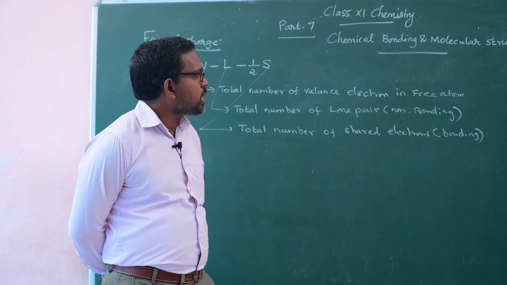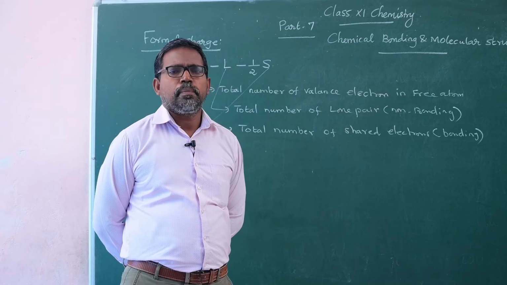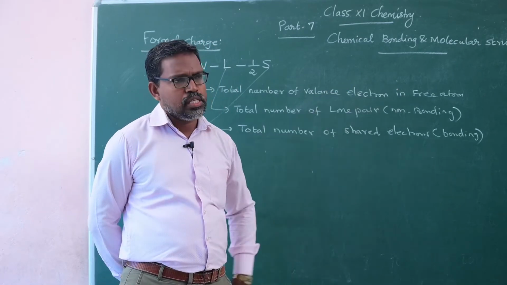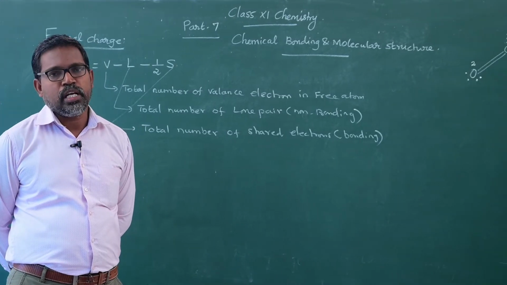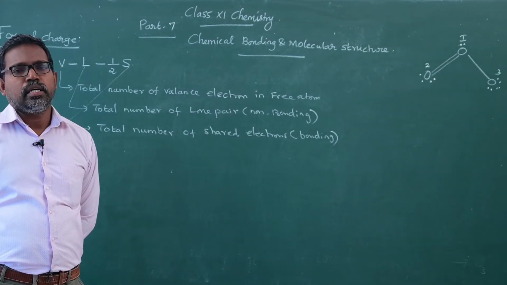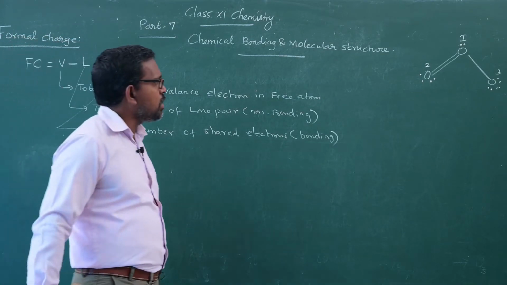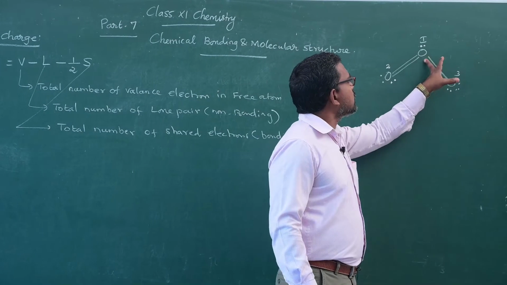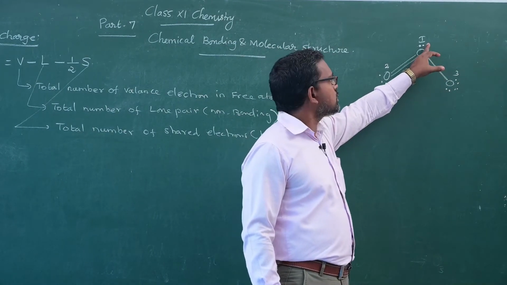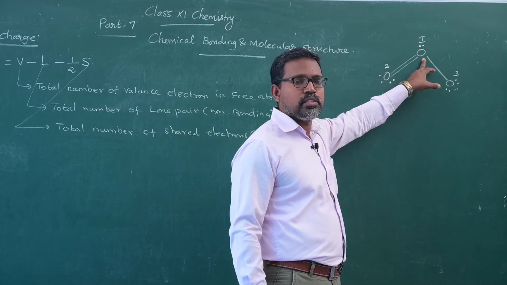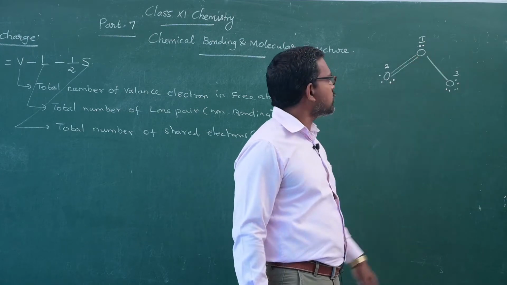So now we consider the ozone molecule. The molecular representation of the ozone molecule consists of 3 oxygen atoms, each atom having 6 electrons in its valence shell. First I consider the central atom. The central oxygen atom is assigned as number 1. First I find the formal charge of the central oxygen atom.